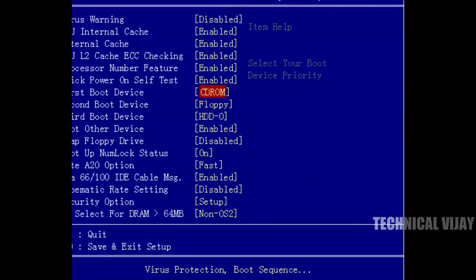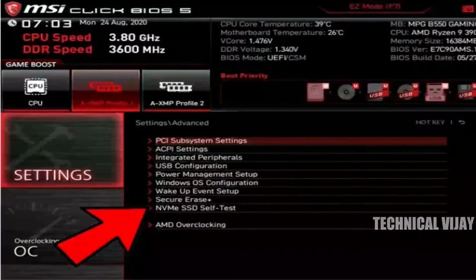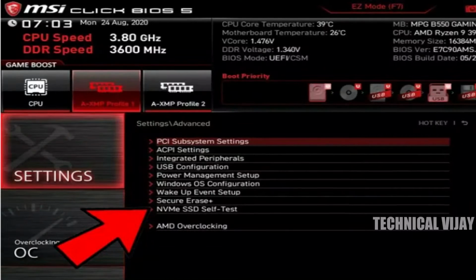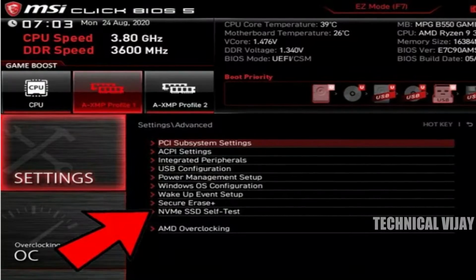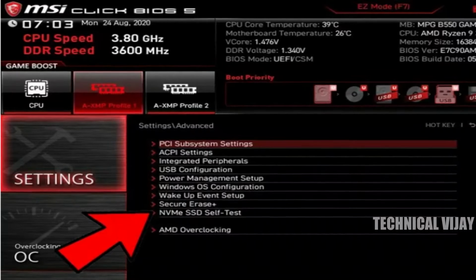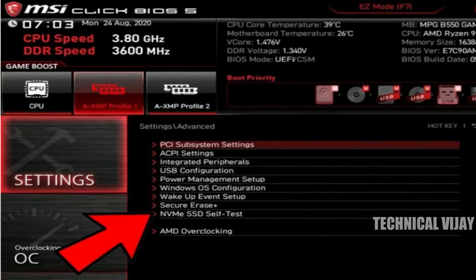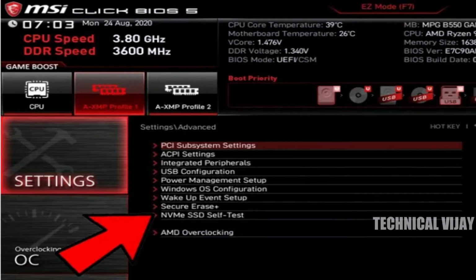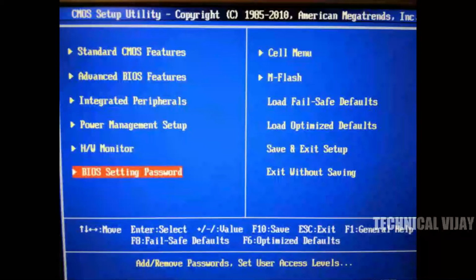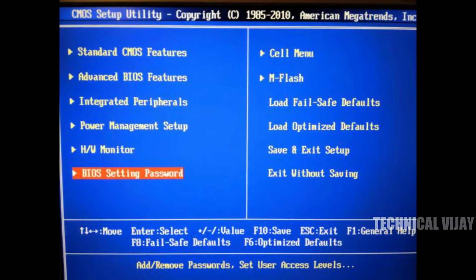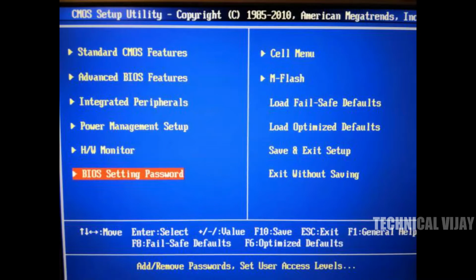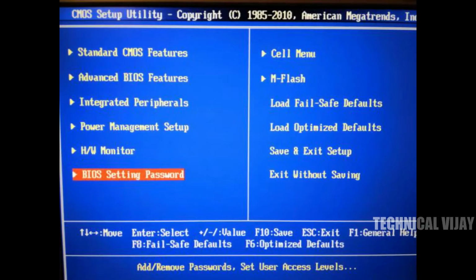You can go to Settings, Advanced, then NVMe Self-Test to test the health of the NVMe, that is, non-volatile memory devices. While you are in the BIOS, it is also a good place to see whether the hard drive you want to check is actually being detected by your PC or motherboard. On Dell and HP laptops, you should be able to check hard drive health by going to the BIOS and looking for the diagnostics also.